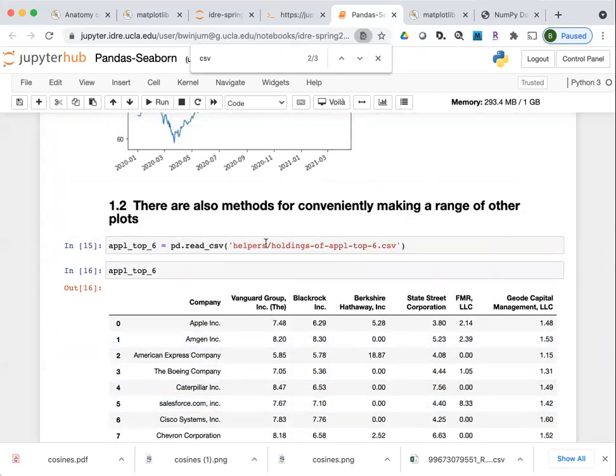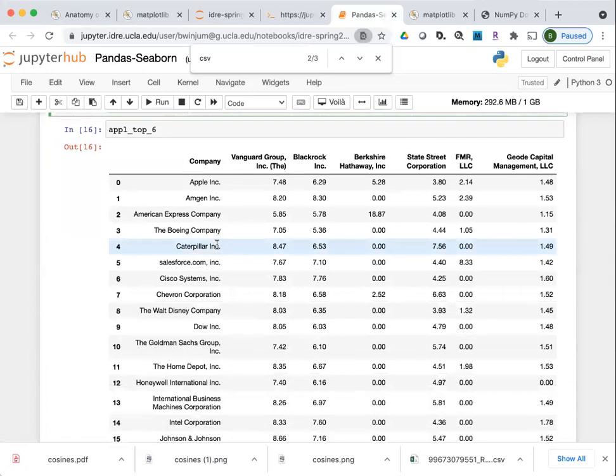For those of you who were paying attention before, this is the pandas way to read in data from a CSV into a data frame. This is just a convenient way to give us some data to work with. So this is the data frame. These are all companies that are on the Dow Jones Industrial Average. These are investment companies which hold this percentage of the company.